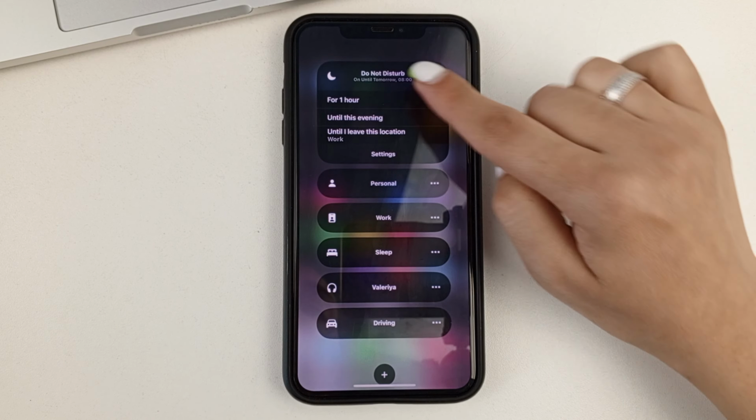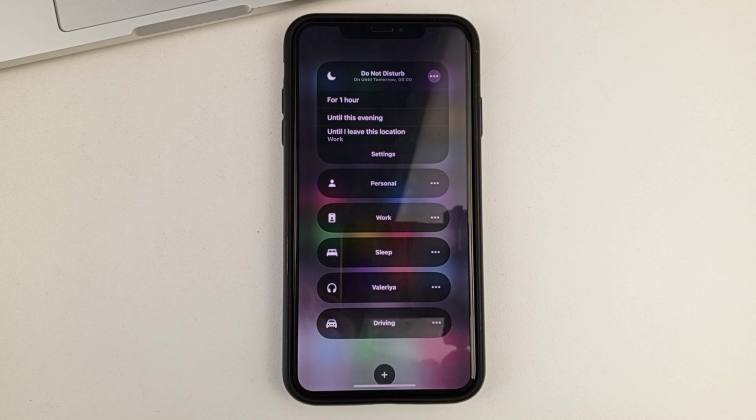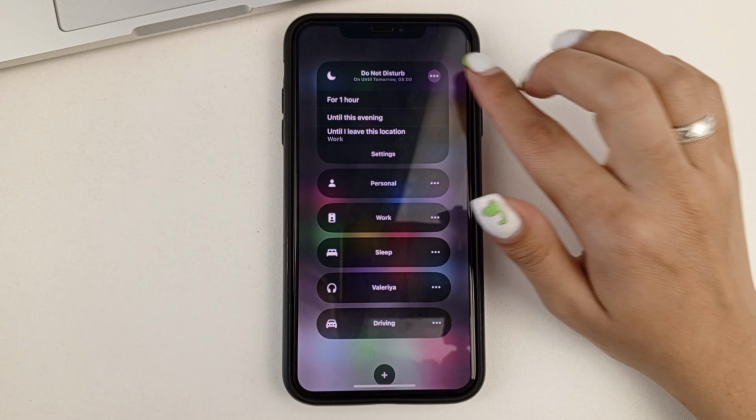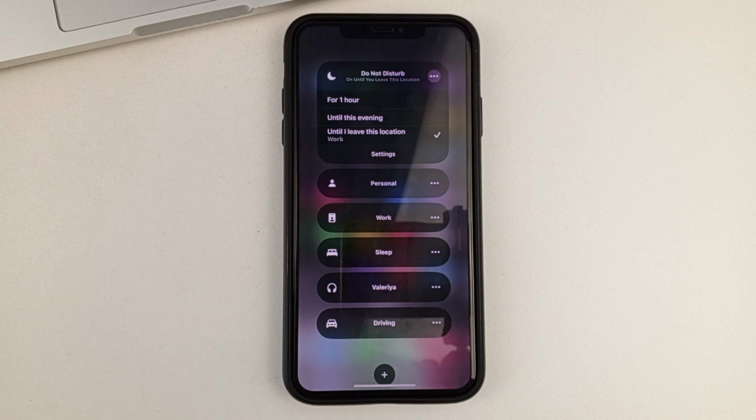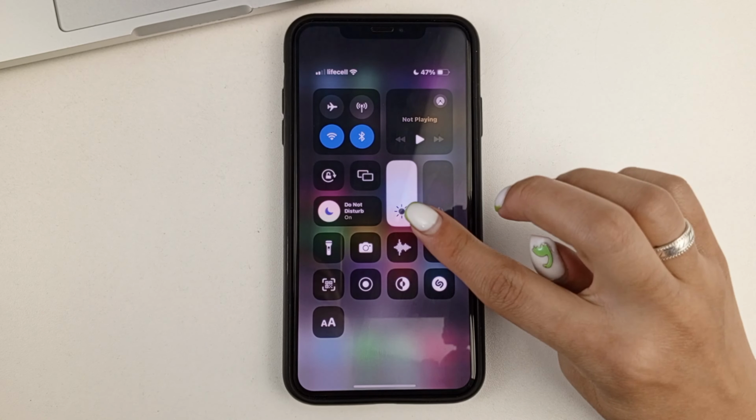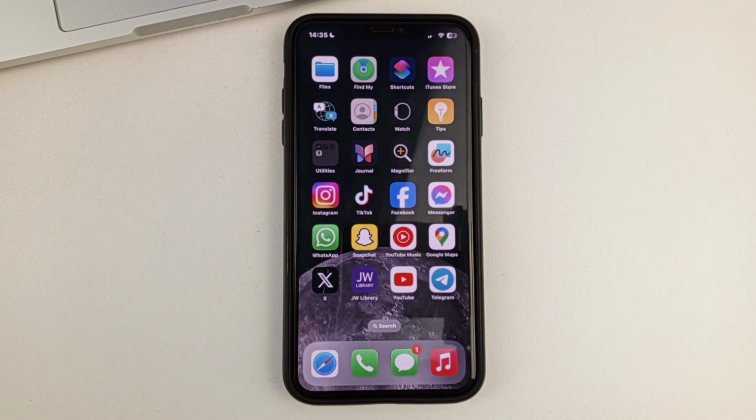Also, if you tap on the three dots, you can choose for how long you would like to activate this Do Not Disturb mode: for 1 hour, or for example for a day, or until you turn it off. So, once you have chosen how long you would like to activate the Do Not Disturb mode, you can go out. This mode will be activated and no users will be able to call you, except for those favorites that you have previously configured and selected that these people will be able to call you.